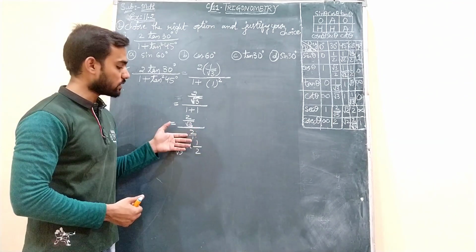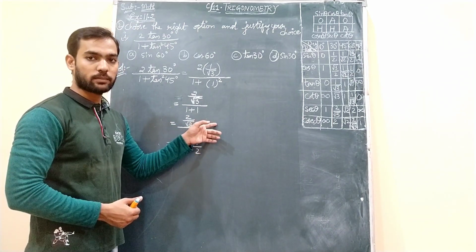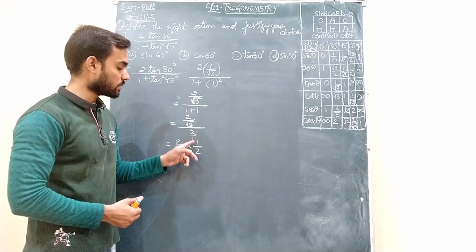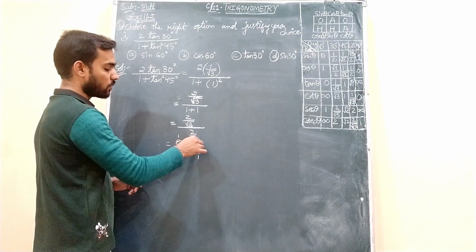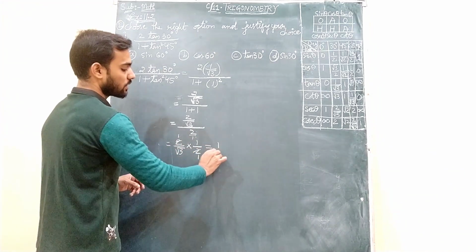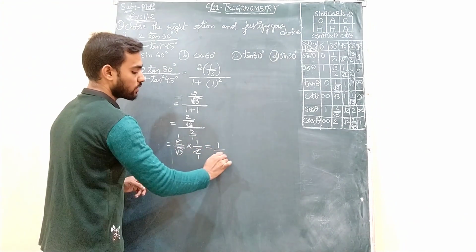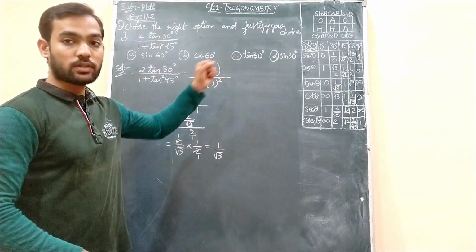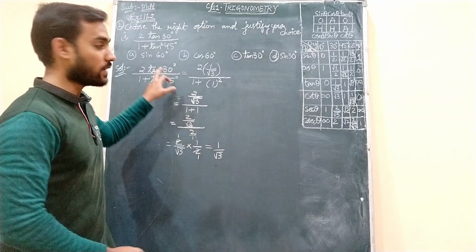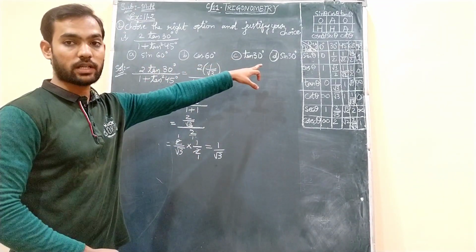So similarly here also, this 2, when we are taking it into multiplication, it is getting reversed, which is nothing but it will become 1 by 2. 2 ones are 2, 2 ones are 2 gets cancelled. Now 1 ones are 1 divided by root 3 ones are root 3. 1 by root 3 we got the answer, but it is not there over here. So now we need to check which is 1 by root 3 value among all these 6 trigonometric ratios.